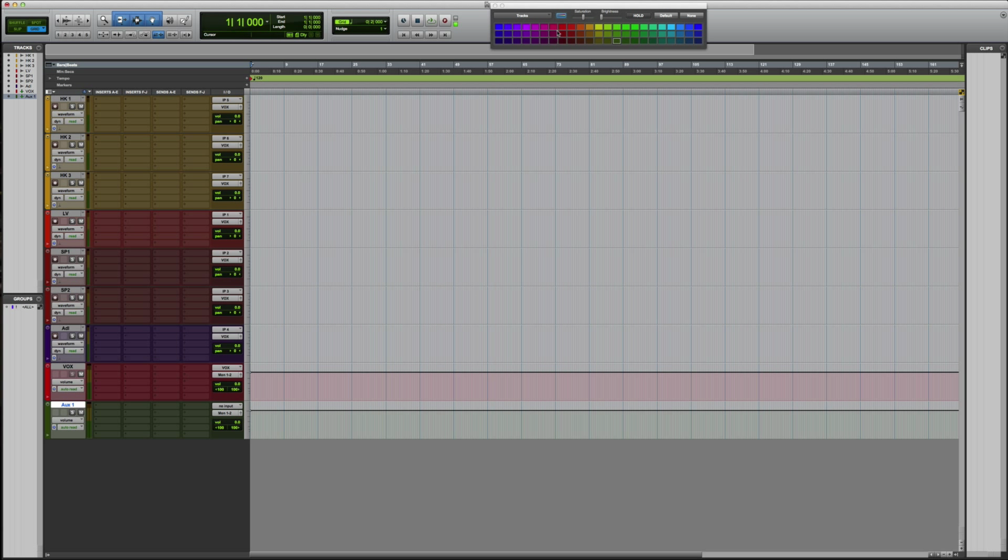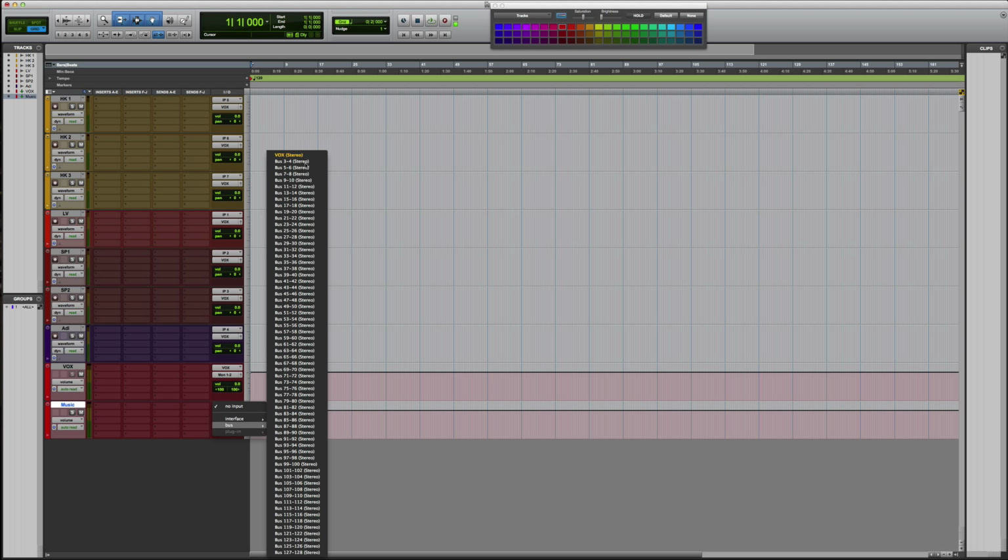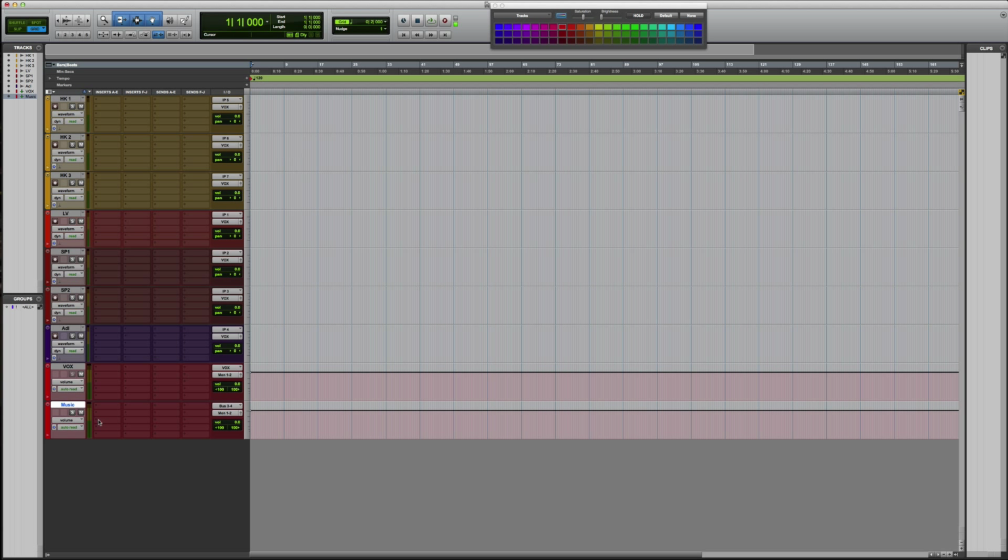I'm also gonna color this one red. I'm just gonna name this music. Enter, input, bus 2 and 3. Then after that, I would like to have, I usually go with